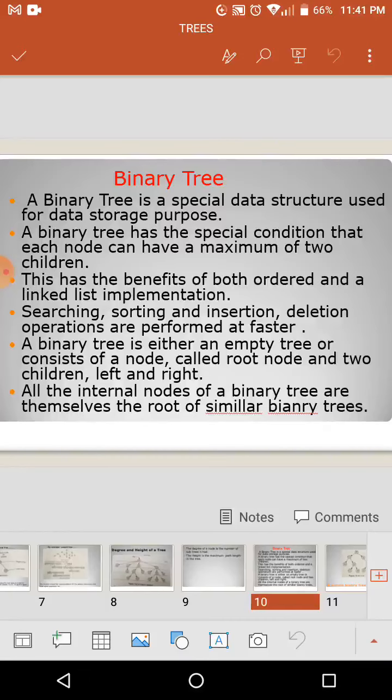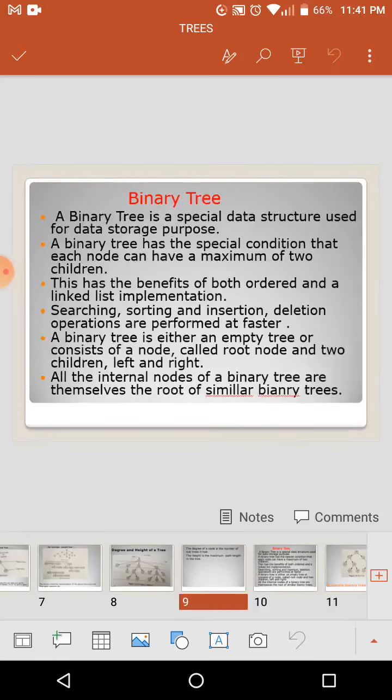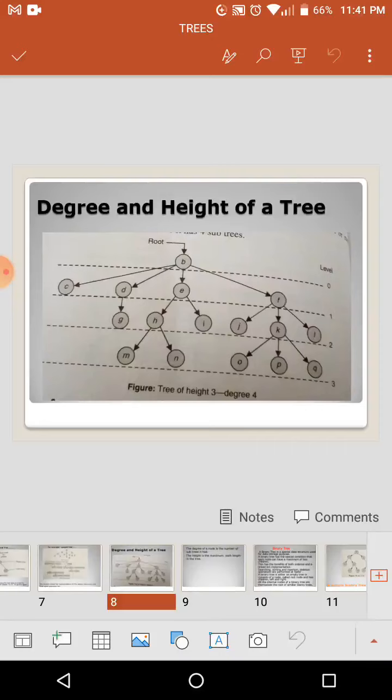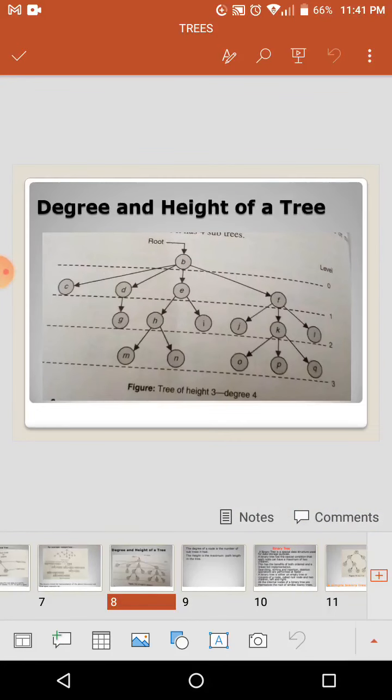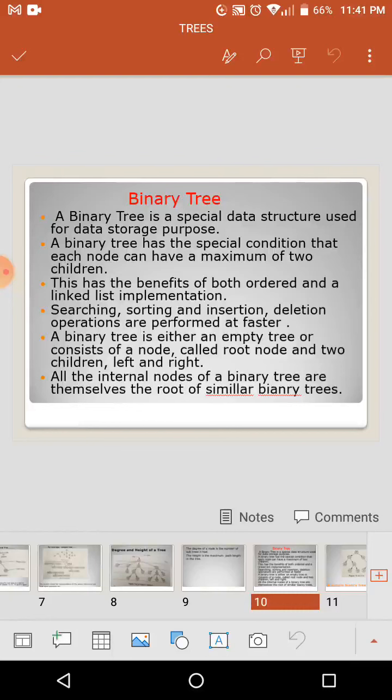In the earlier diagrams we saw a complex relation representation, where we cannot easily insert any element into the data. But a binary tree has one root node and a maximum of 2 children. The 2 children may again have subtrees, which we also represent, but it is much faster for searching and sorting. We can also insert an element or delete an element.